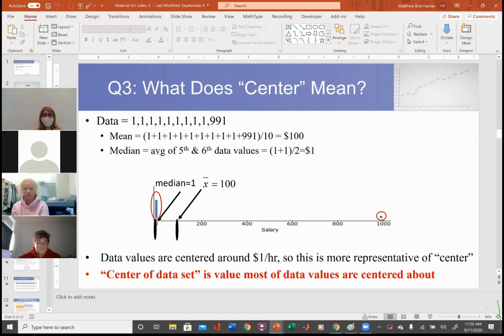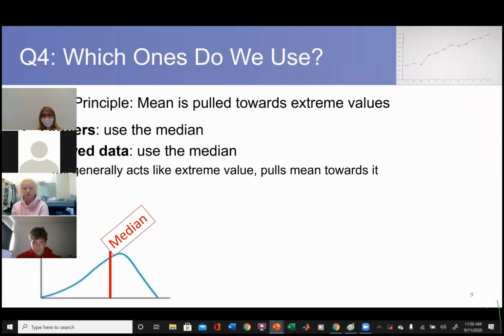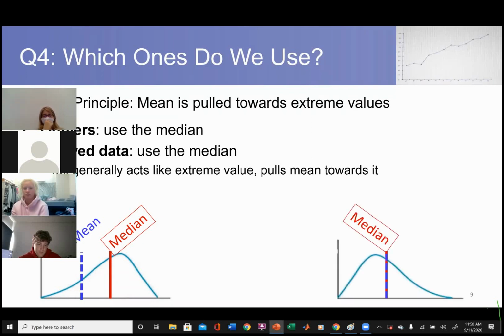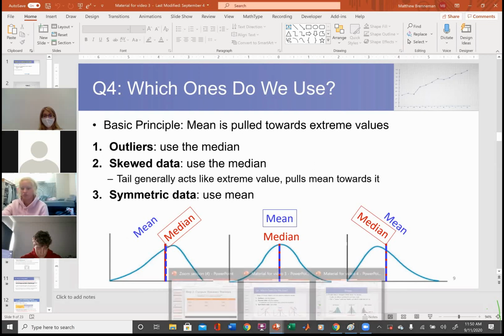Okay, when we have skew, let me show you what happens. So see, the median and the mean are on top of each other. And what the tail does is the tail acts like an outlier. It draws the mean out towards it, okay? And the same is true for a right skew data set. The tail kind of drags the mean out towards the tail. And so this is some of the reading quiz questions, right? Notice that you can take the same data and give 2 different measures for the center, and one can be correct and one isn't, if you're trying to fool people, okay? But we're not trying to do that.